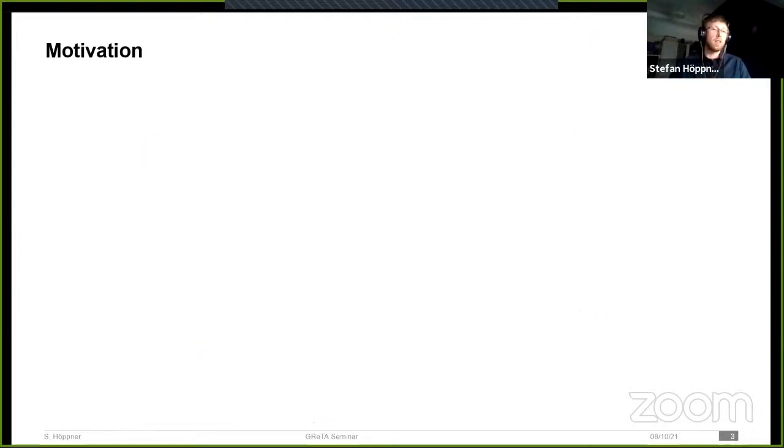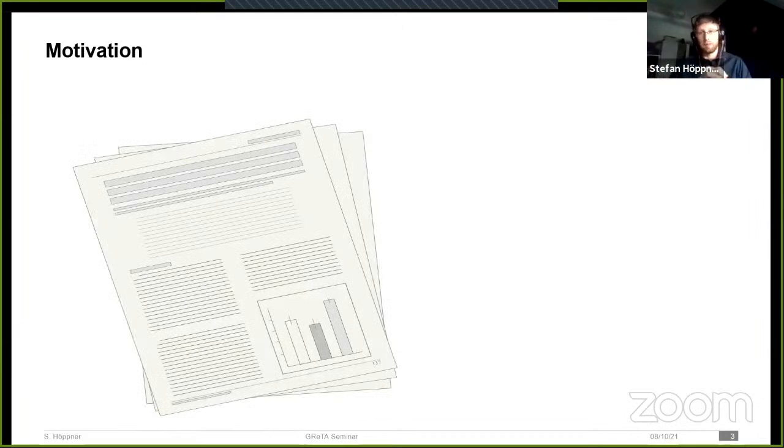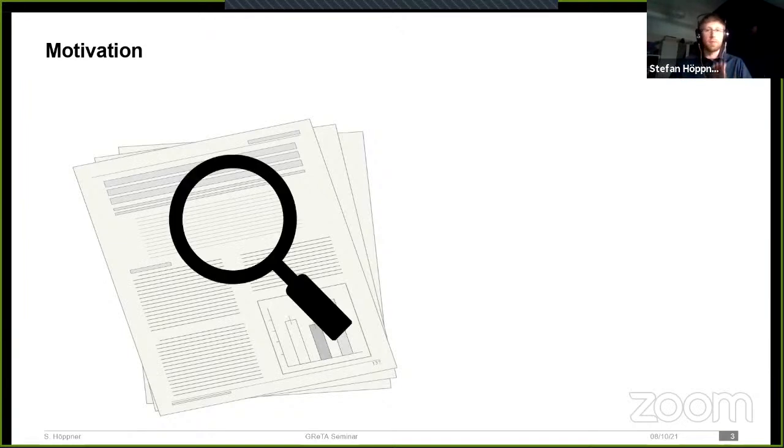We can easily exemplify this if you just take a publication, maybe one you want to read in the next few weeks, or a publication you read the last few days. Better take a publication that talks about model transformation languages or introduces a new model transformation language, and read it.